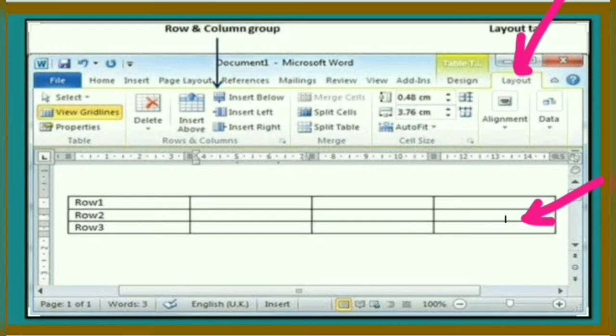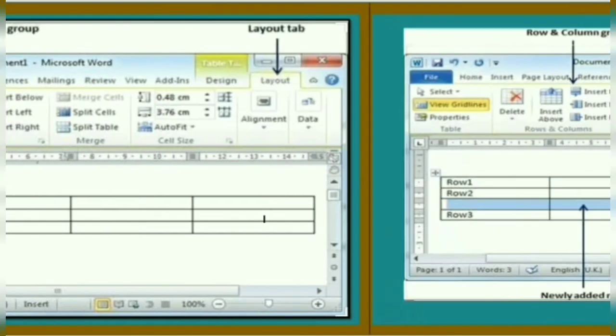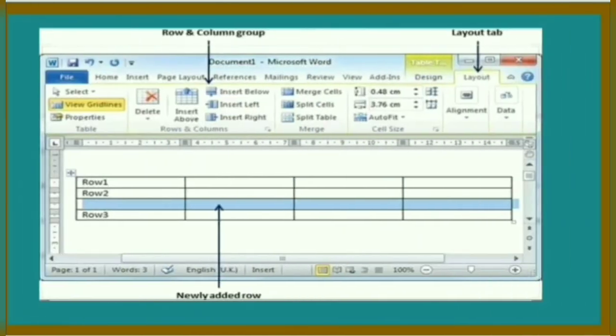So here we are choosing the Insert Below option because I want the new row just below the second row. Then you can see that a new row gets inserted in the table. This is the newly added row just below the second row.